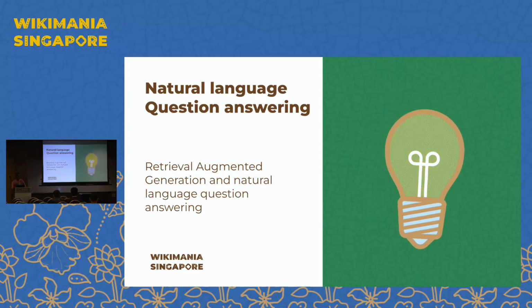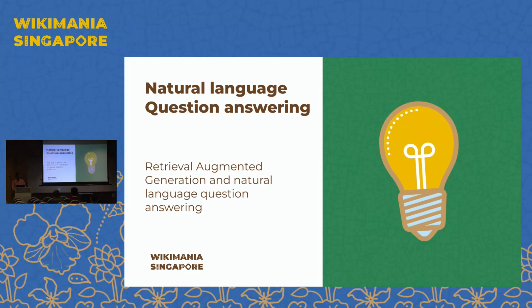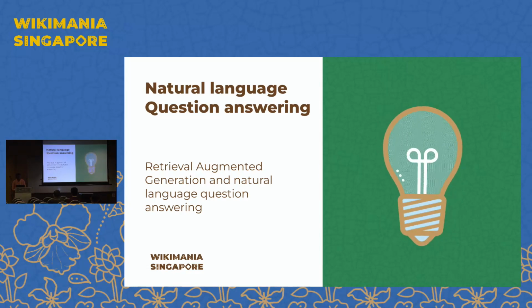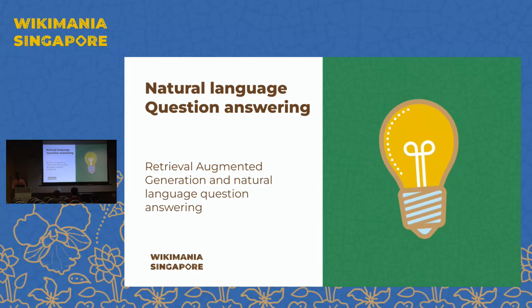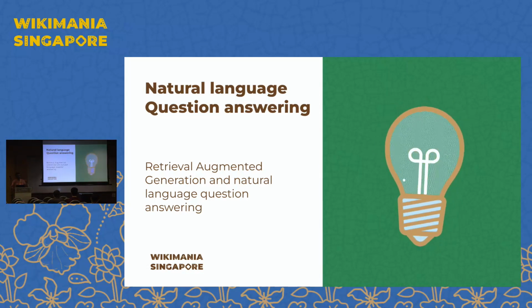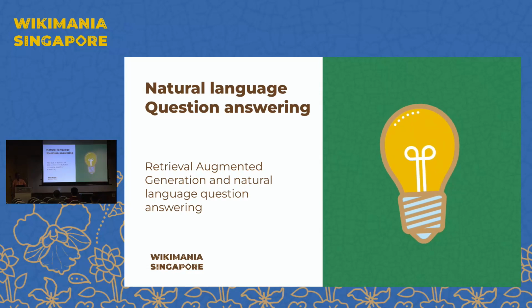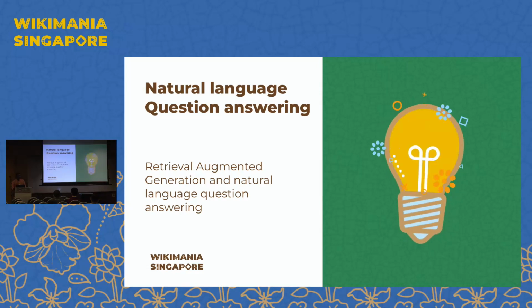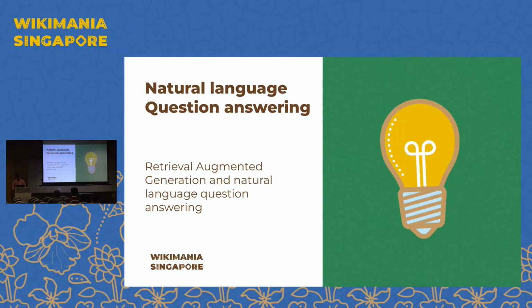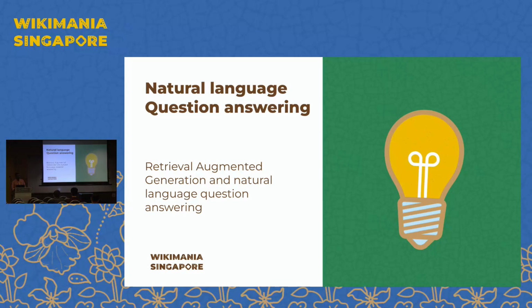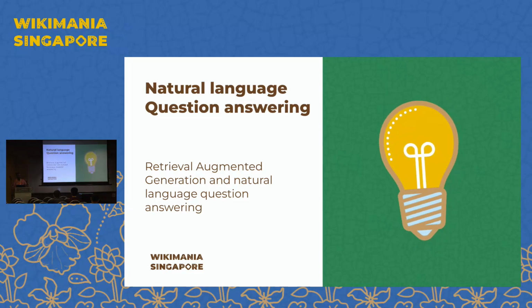Some ideas I want to throw out, if you're interested in hacking with LLMs, some ideas to try out. Natural language question answering. If you look at Wikipedia search nowadays, it's mostly keyword-based search. You need to type the keyword. But if you want to write a natural language question and get an answer out of it, depending on the question, the answer may not be correct, right? This is one of the applications that everybody is talking about. Even with ChatGPT, you can write some questions in a natural sentence and you will get an answer.